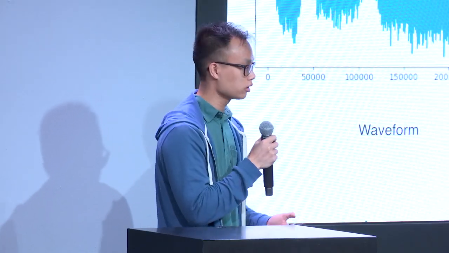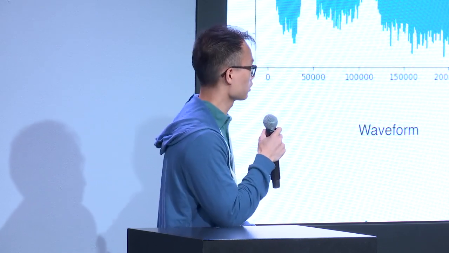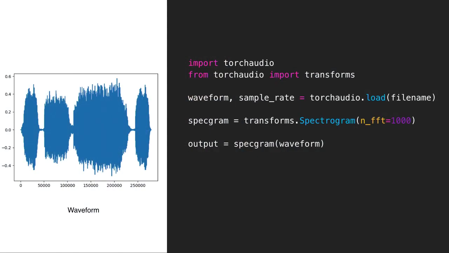So here's a small code snippet of what you can do with Torchaudio. As you can see, we're given a file name and we load a tensor, and we also get the sample rate. You can see this on the left diagram here. We also take this waveform and we run it through a spectrogram,